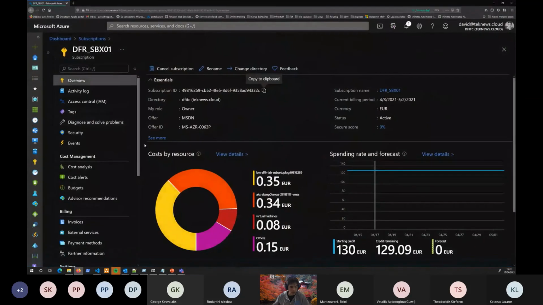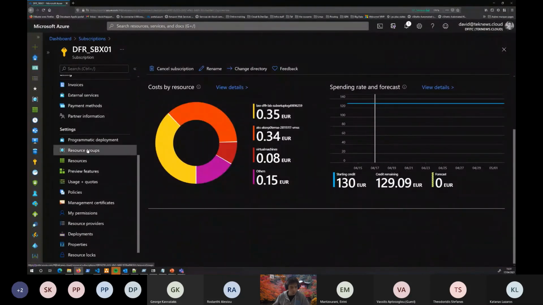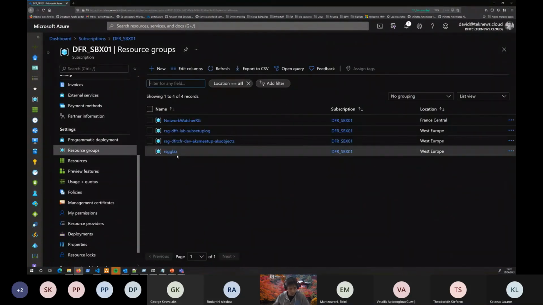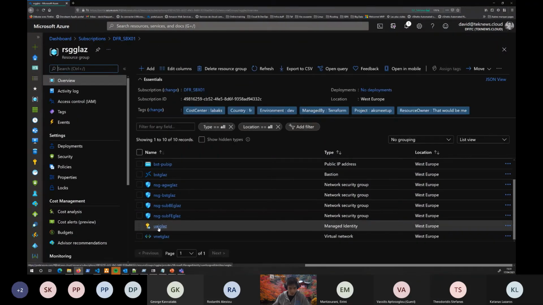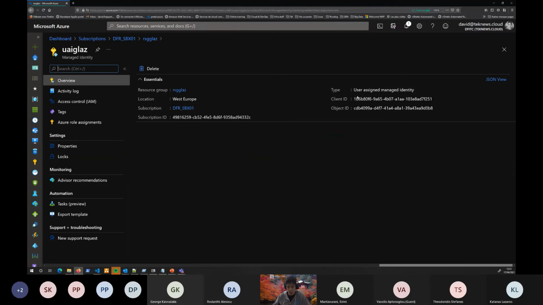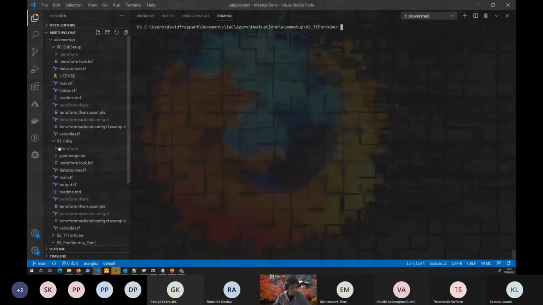Okay, let's get back in the portal once more. I have that. Okay, my Kubernetes user assigned identity is over there. I have the client ID and the object ID, which need to be fed in the file defining my identity. So let's check that.